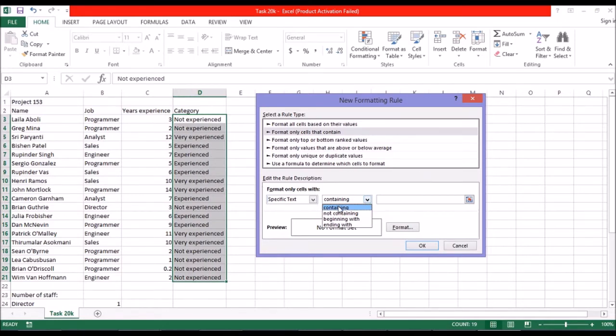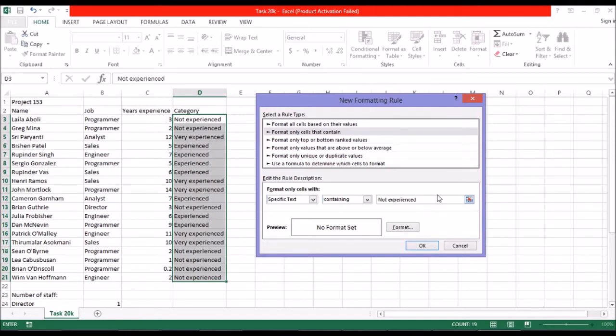But now because it contains not experienced, it's going to contain everything about not experienced. That is the two words, not and experienced. So I'm going to type the exact text, not experienced,